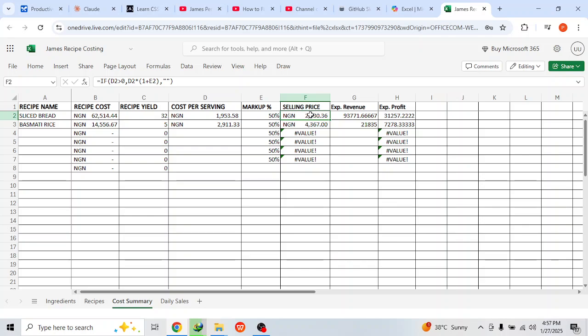Then this one, instead of 1,800, is now 2,900 for you to maintain this 50% markup. Now your cost per 7 has also increased from 1,700, it's now 1,953. Then these two have increased as well, and then your profits have increased as well. So this is basically your